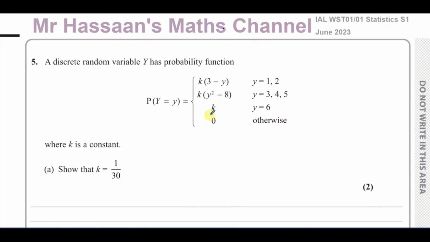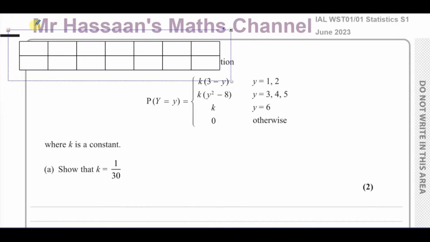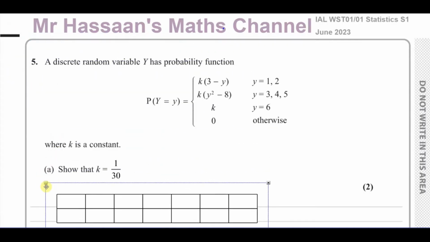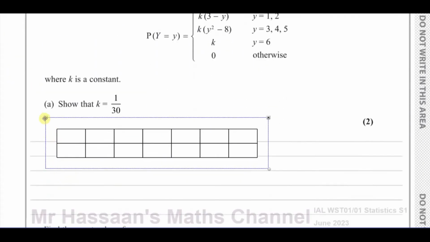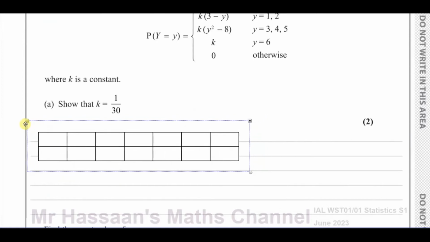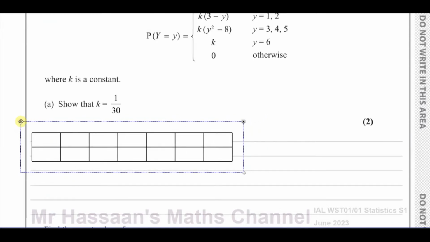Okay, so for us to really get a proper understanding of what this actually means, what I'm going to do is convert this into a probability distribution table. I'm going to have this table that I prepared earlier, and I'm going to put this down here. Then we will fill this table in with the